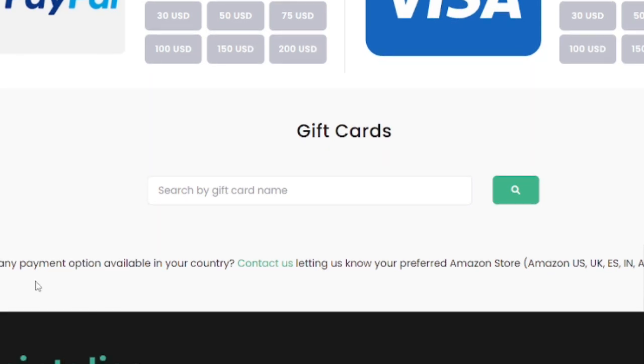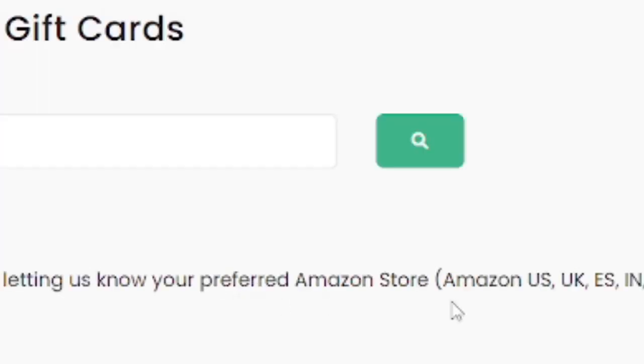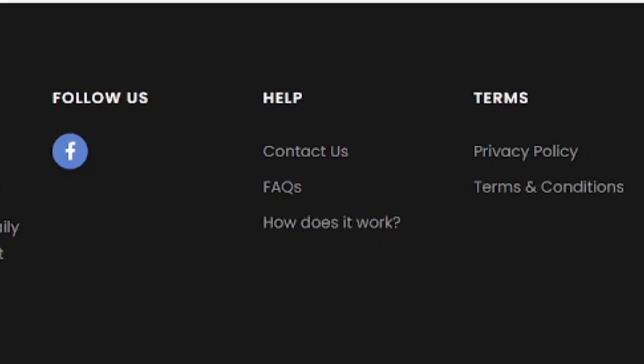But it says if you don't see any payment option available in your country, then contact us. Let us know your preferred Amazon store. So they do Amazon gift cards as well. You can just state which store you actually want. So a few good things here. They've obviously got a contact us page. They've got FAQs, all that sort of thing. And they've actually